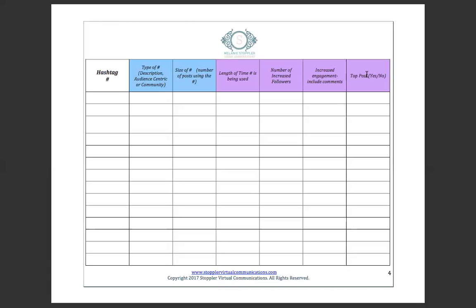All other posts appear in the most recent section and are therefore pushed down the feed every time that hashtag is used. So if you're using a huge hashtag with hundreds upon hundreds of thousands of posts, or in the millions, every time you refresh that hashtag feed on your Instagram, you're going to see a new bunch of pictures that make up that most recent spot. So you can see why getting into the top post position is so important.